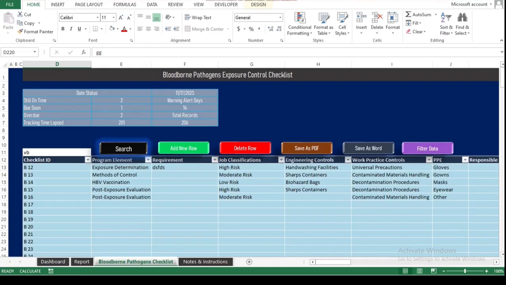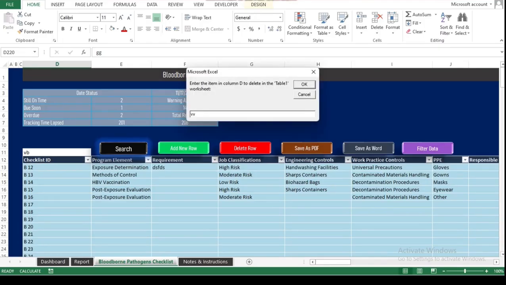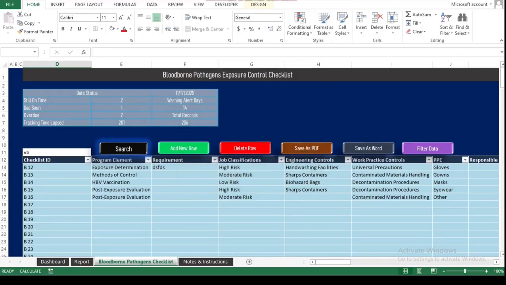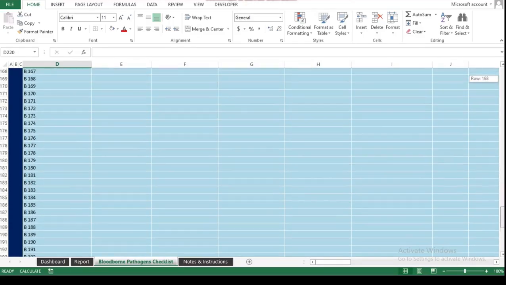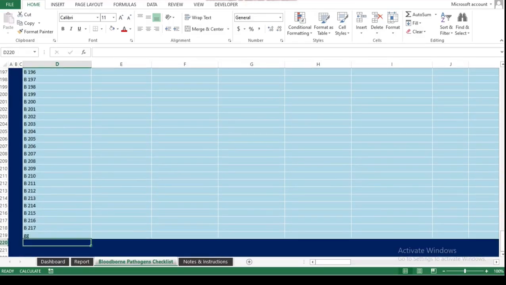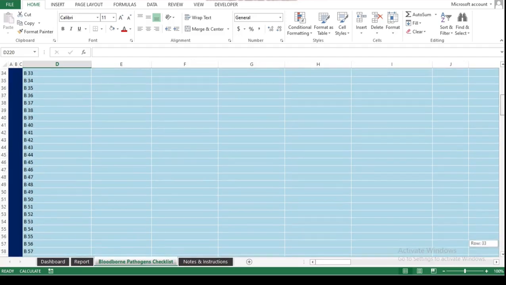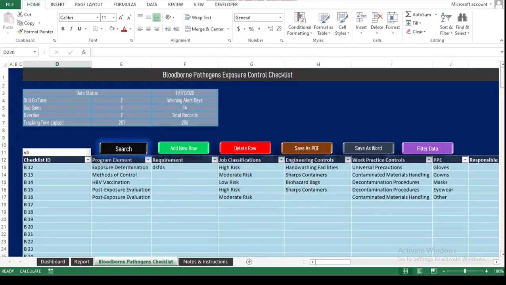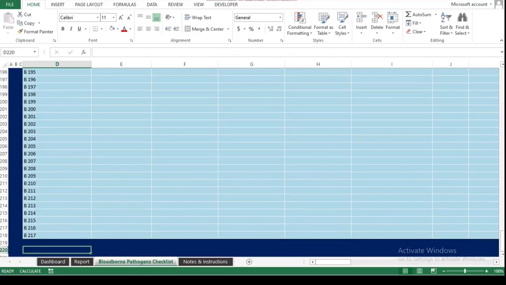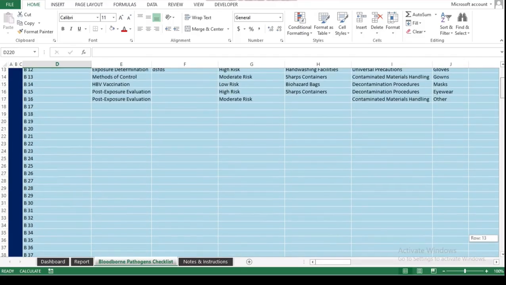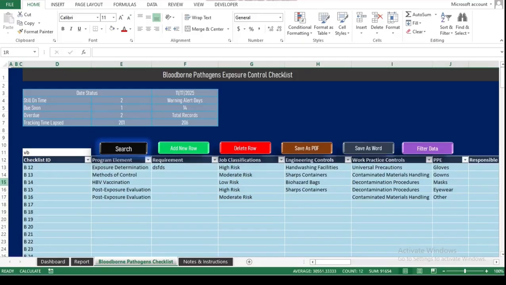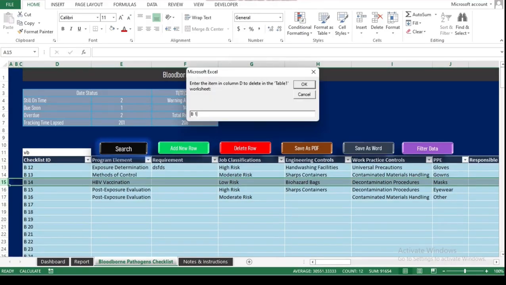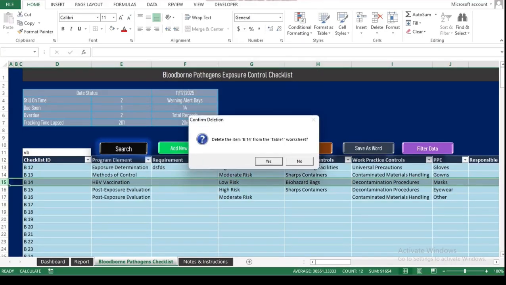For this Delete Row button, I will demonstrate how to delete rows at the bottom of the table and also rows within the main body of the table. The Delete Row button is very useful when managing large tables with many rows. Instead of scrolling through numerous entries to find and remove a specific row, this button quickly deletes the selected row instantly. It helps maintain clean, accurate data by removing unwanted records efficiently, saving time and minimizing mistakes during data capturing